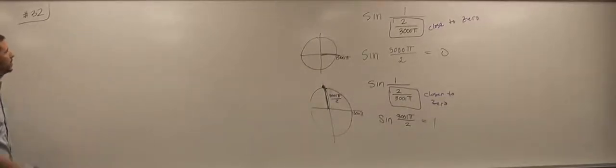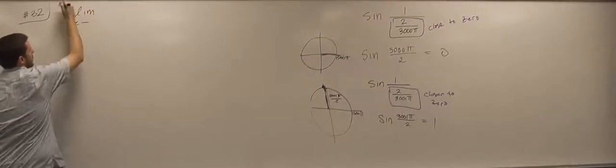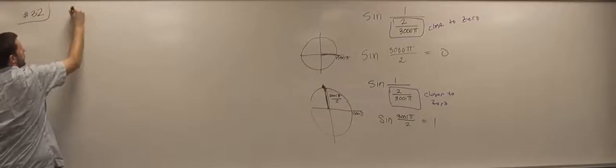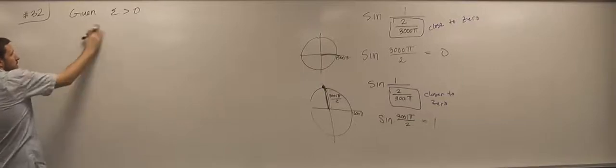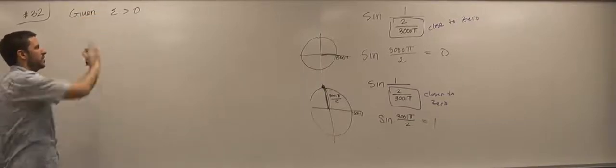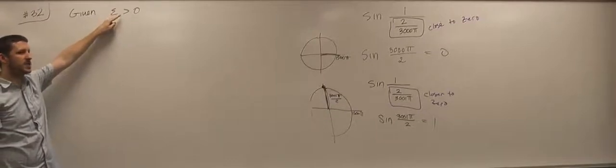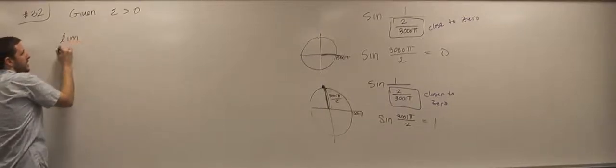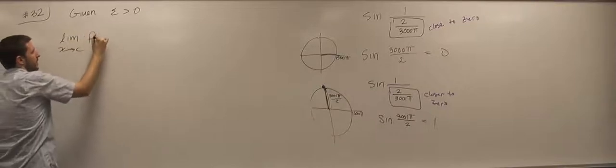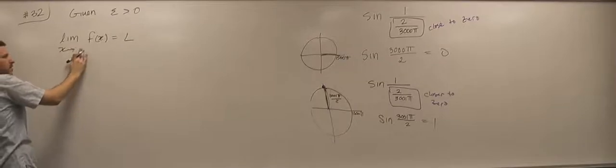So, talking about this value, the limit as x, given epsilon greater than 0. So if you give me some number greater than 0, but close to 0, the intention with this is a variable, but the intention is that it should be a number that's close to 0, but not equal to 0. Given epsilon greater than 0, the statement, the limit as x goes to c of f of x equals L, right? Saying the limit equals some L